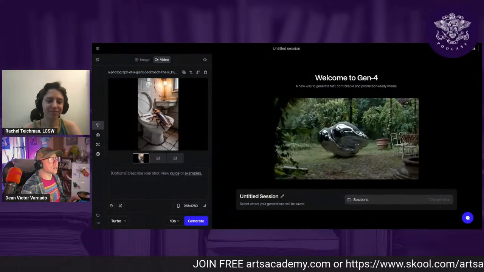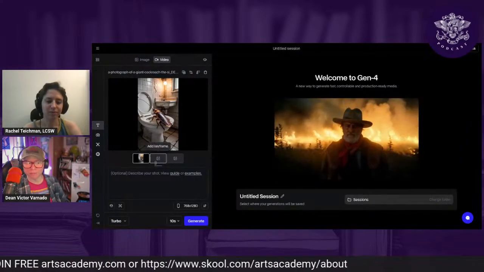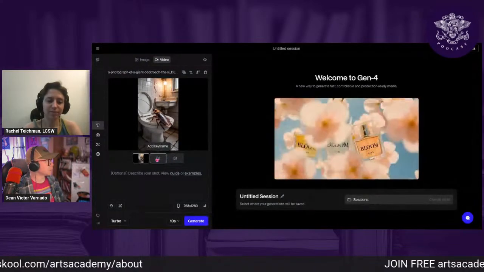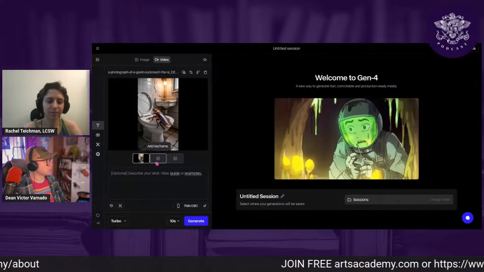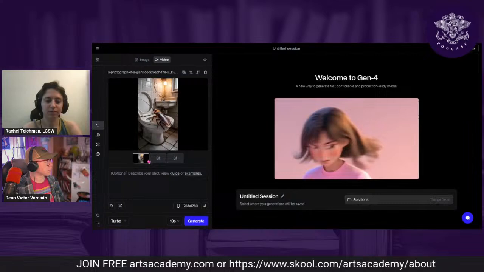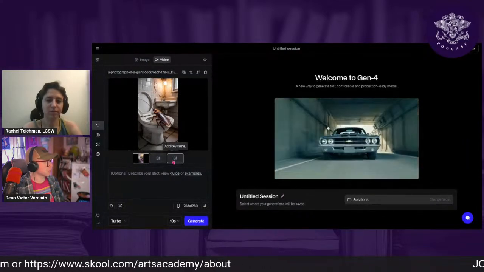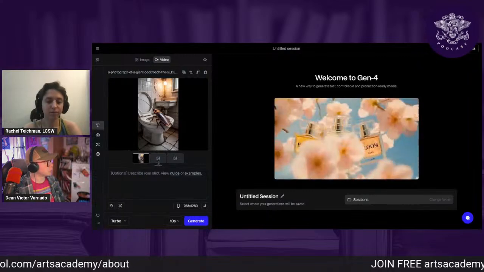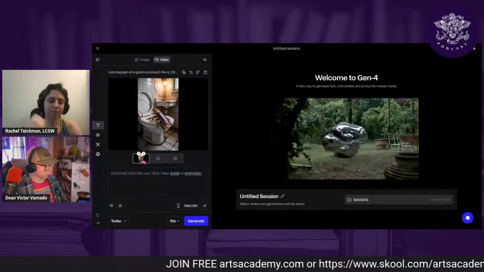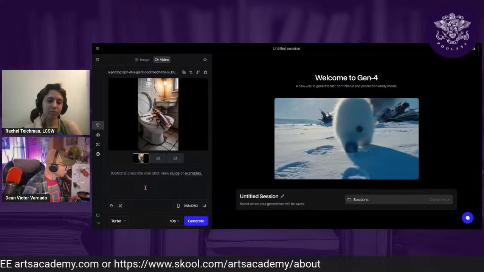Well, I'm not going to go into all the different stuff that you can do, but for instance, you see how here in Runway you have these different frames. You can tell it to work from one frame to another frame, or from one frame to a middle frame and then to a final frame. You can tell it to go from first to last. You can only put in keyframes in the second and third spot, and it'll make up what it starts with. So you can actually tell it to do quite a bit. There's a lot of different ways that you can go.